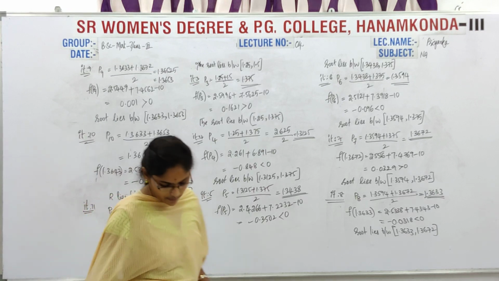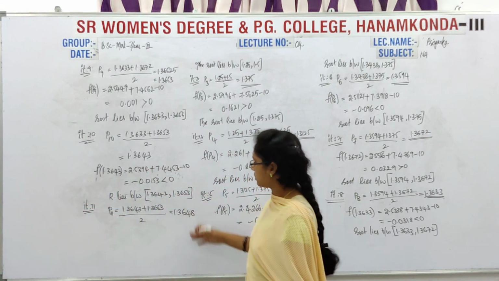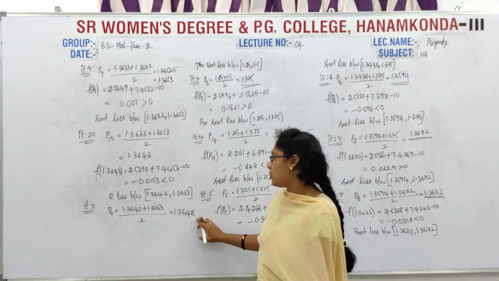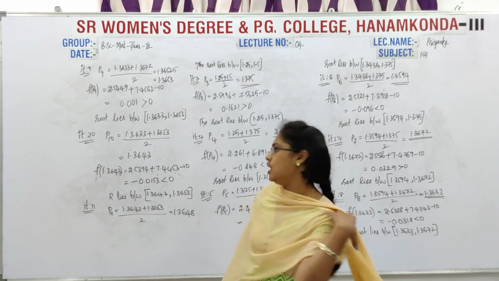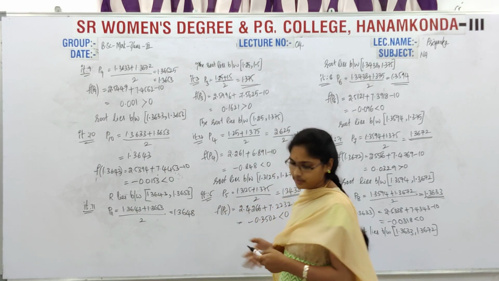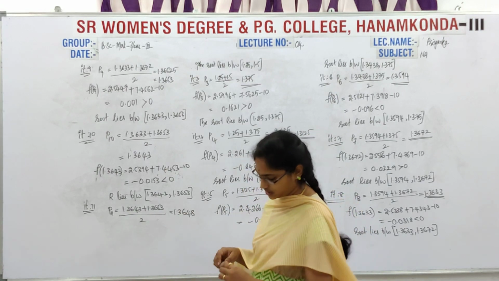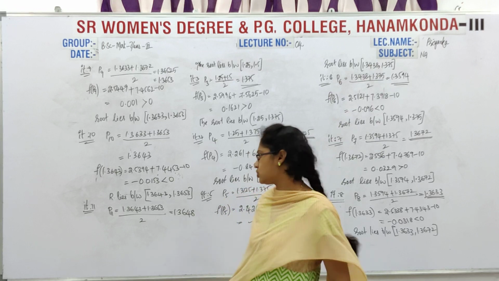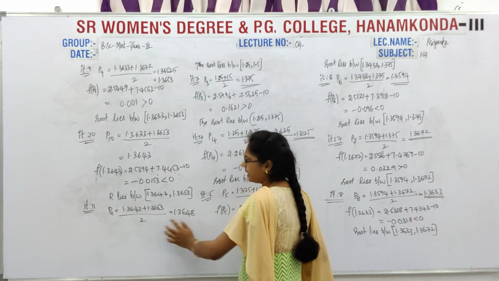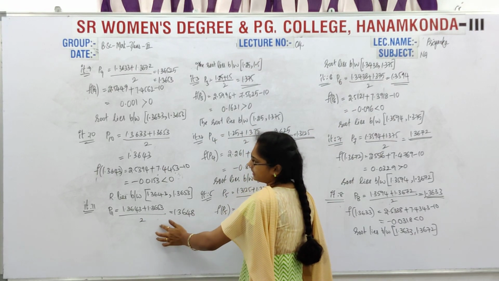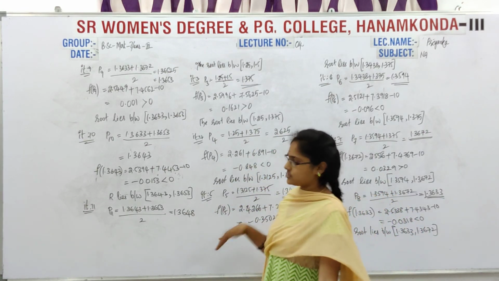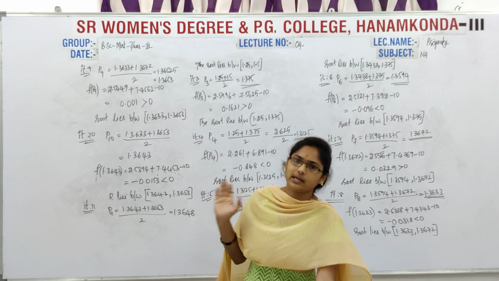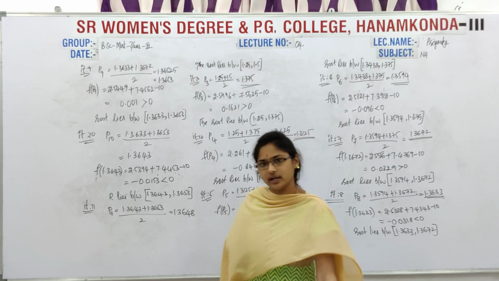So now it is very near to this value, 1.364. With this we can stop, otherwise you can go for the next two iterations also, up to 4 digits. So again you can calculate here, just calculate up to the 13th iteration. Then finally you will get one answer, and in the next class you have to tell that answer to me, as we almost reached. Right, here it is P11. Again calculate f of P11 and you will get one value. Again the same thing. Just try to calculate up to the 13th iteration and after that I will continue.